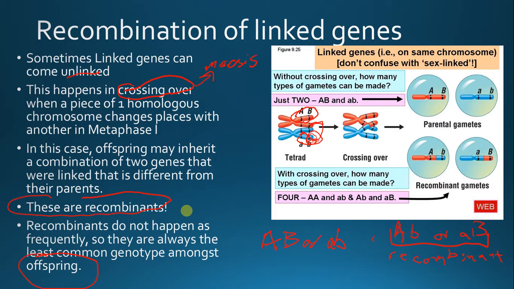So, if we would do this cross 1,000 times, and we would get a bunch of offspring, maybe 800 offspring that were either dominant A, dominant B, or recessive A, recessive B, and 100 that are dominant A and recessive B, and only 100 that are recessive A, dominant B. That'd be pretty strong evidence that they were linked, because there's far fewer